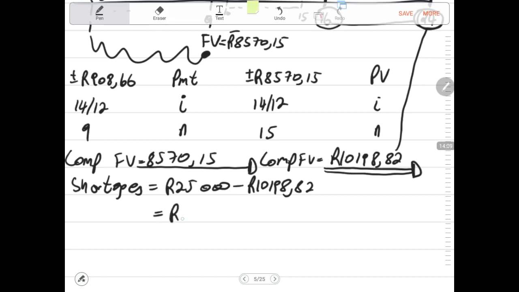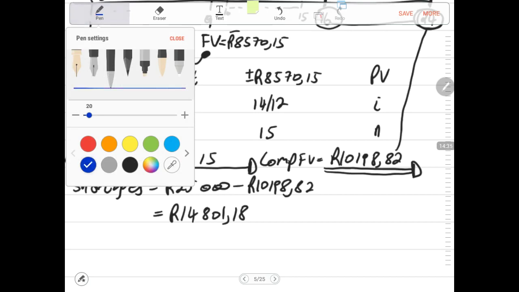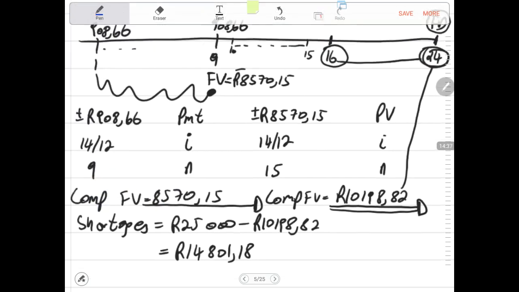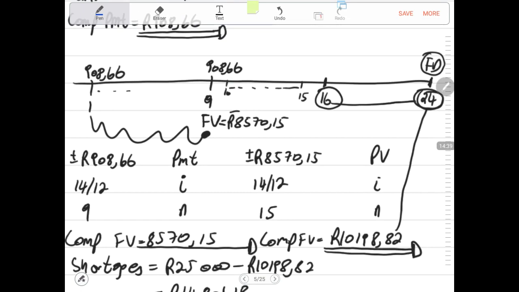So the shortage, or the remaining balance, it is 14,801 rand 18 cents. So this is the shortage, the amount that still needs to be raised, or the balance that still needs to be raised, the outstanding balance, however you call it. So now the question is, how much can we pay every month, starting from month number 10,